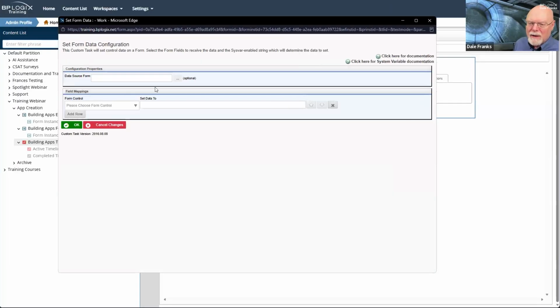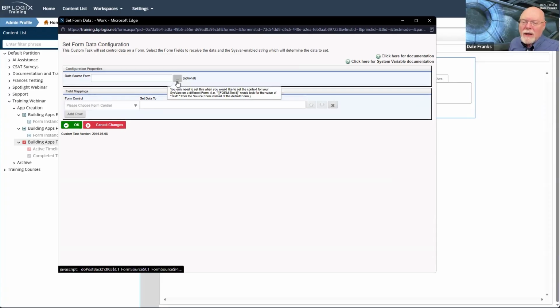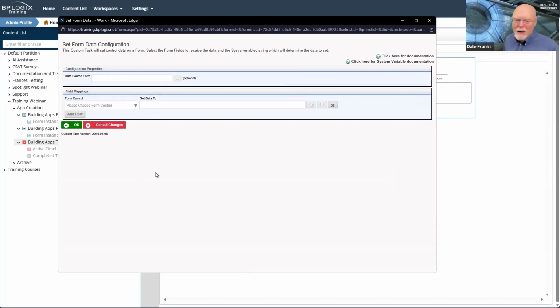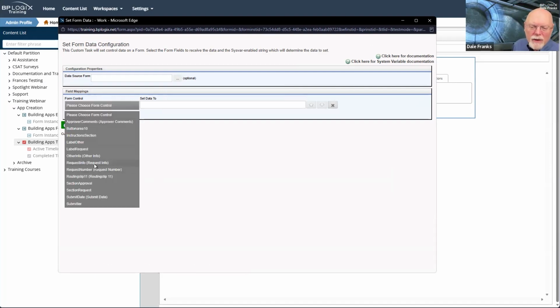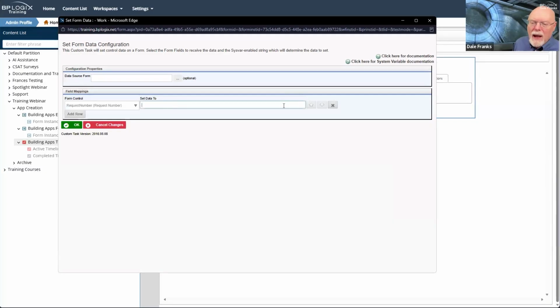And it will eventually show me my configuration. I don't need my data source form here, so I'm not really pulling anything from a different form. I am setting the value on this form, so I can skip that. All I really have to do is choose my request number field, and I can just set that data to,